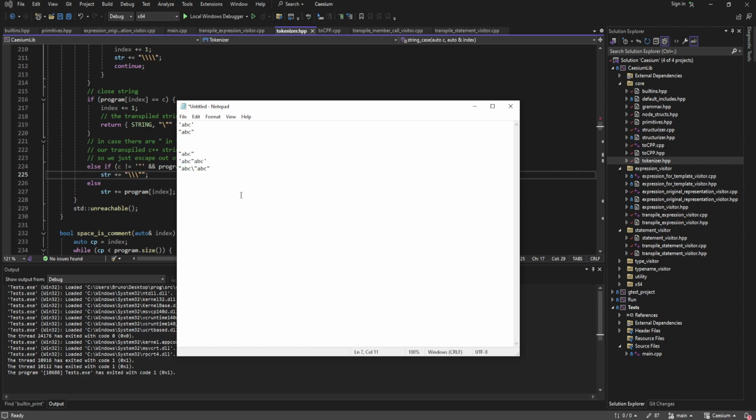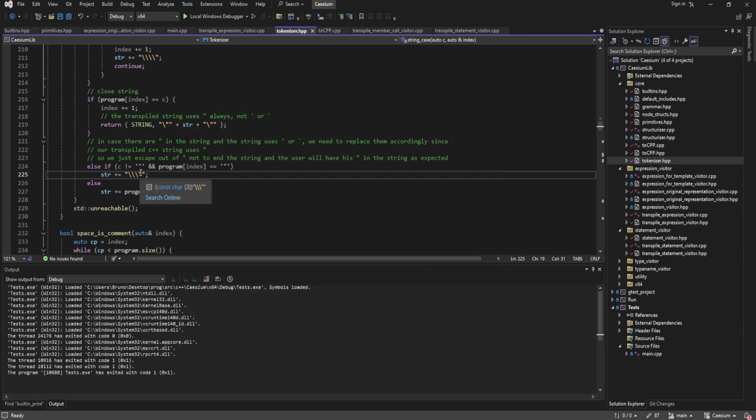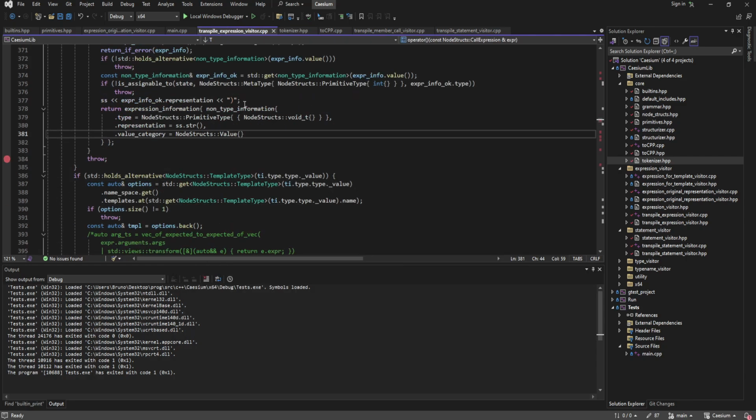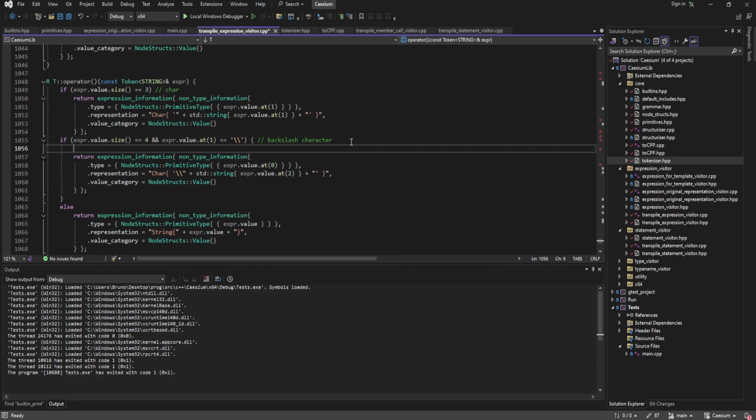Now the problem is that if the string only has one character in it. So if someone writes dot, I transpile it to dot, or rather I transpile it to dot, but if it only has one character, it becomes this because I make it a character. So I need to go to here. I need to check if